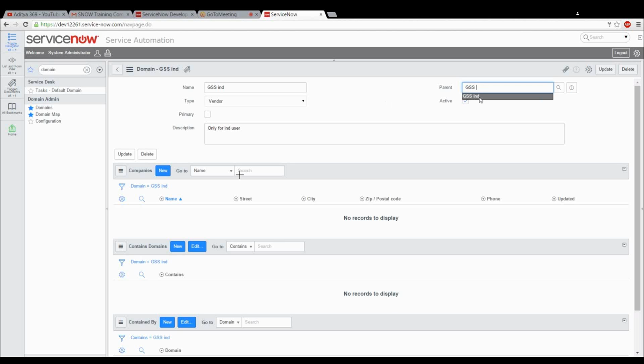No, not India, only GSS. Just beside that there is a magnifier icon, I mean a lookup. This one? Lookup using list. Yes, click on that.